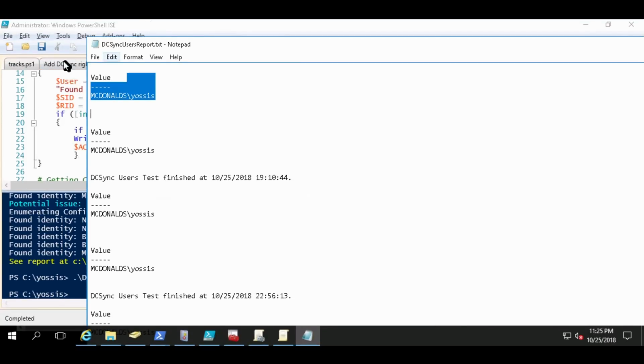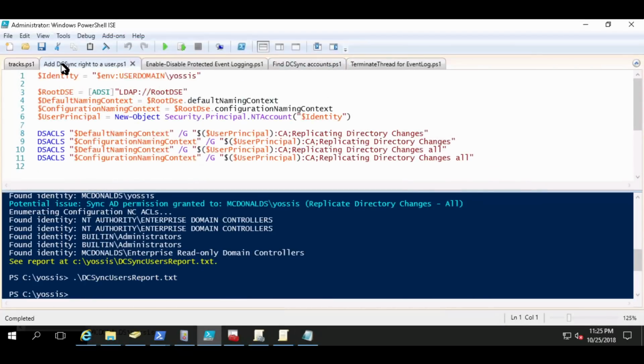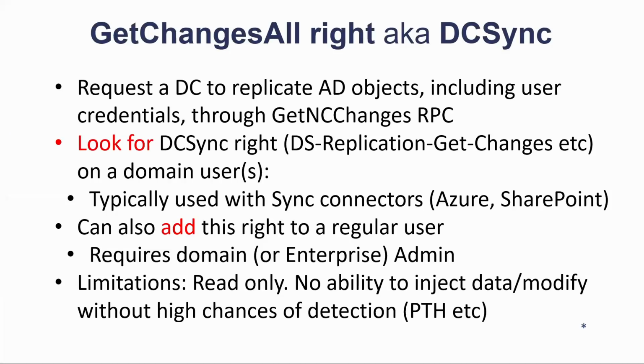Gotcha. If you want to add the right, that's where you need the permissions. There you really need to escalate to a domain or enterprise admin in order to be able to grant this permission. So these first ones go for the domain, and the other ones go for the configuration naming context. So that's briefly about the DCSync method, and it's implemented in a few scripts and frameworks with PowerShell and others,